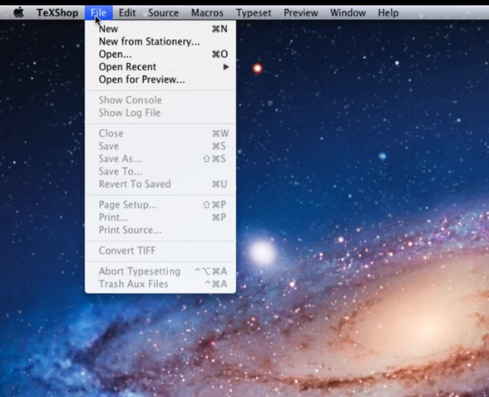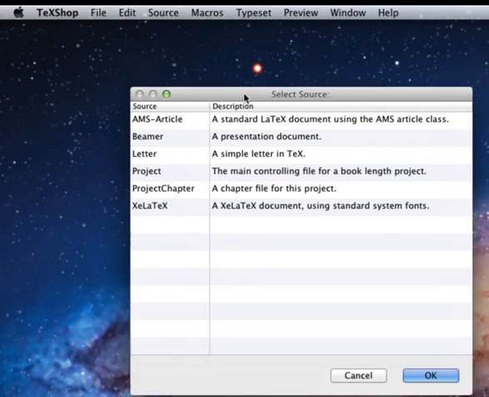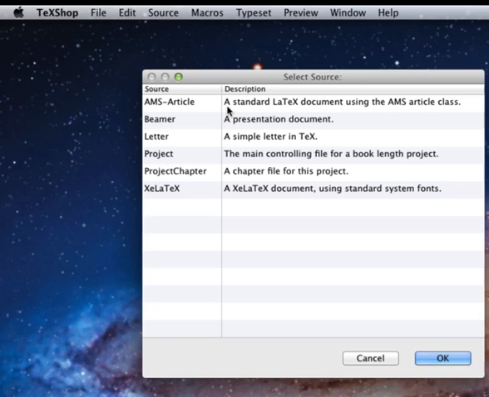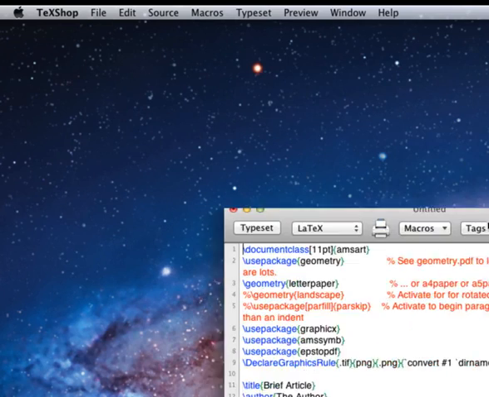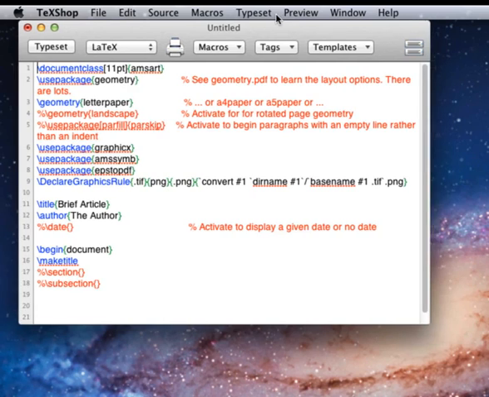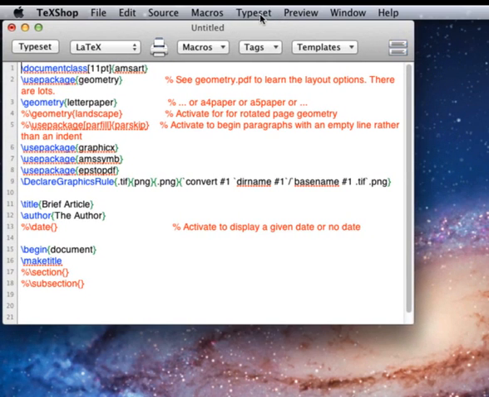In TeXShop you can select File, New from Stationery. In other TeX editors you might have a templates option. So I'll just quickly look at one of these and see what it looks like. For example, the AMS article class. So the AMS article class has a template, and if I create a new file using that template, then I